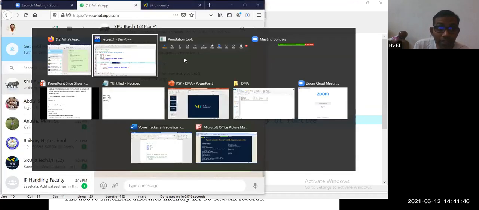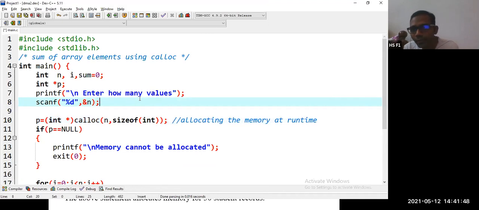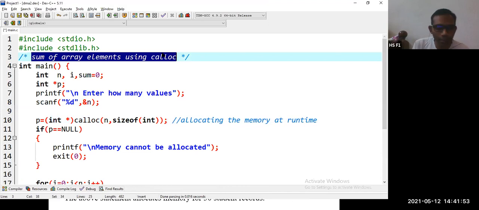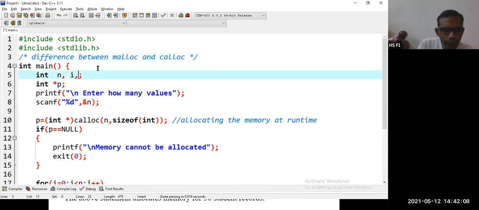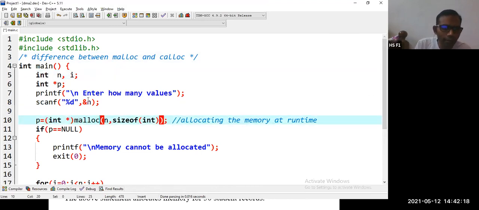Next one, now let us check the difference between malloc and calloc functions. So here we are going to write a program for the difference between malloc and calloc. We don't want to calculate the sum. We want a pointer, how many values, then allocating the memory using malloc first, n into size of integer.